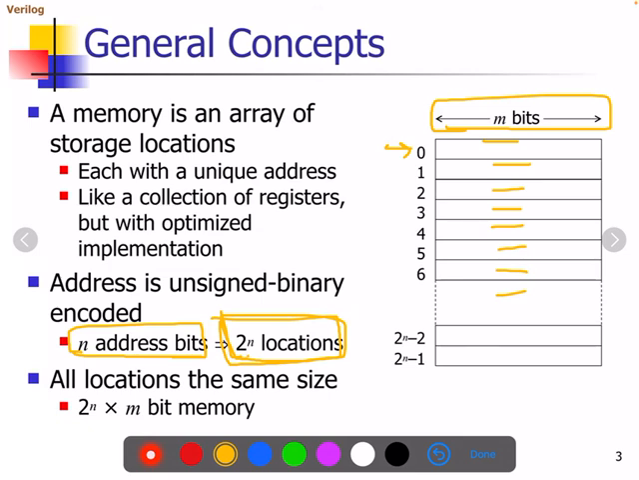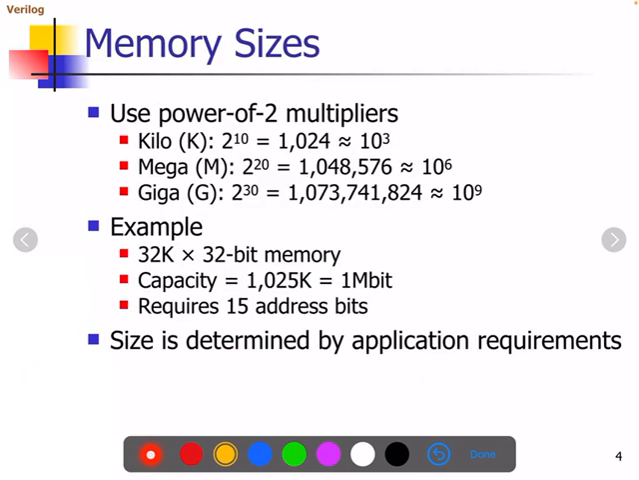So all locations should be of the same size. As you can see, it should be of m bits. So 2 to the power of n is the number of locations, and m is the size of each location. So it is a 2 to the power of n by m bit memory. Memory sizes will be defined in terms of kilo, mega as well as giga. If we look at the example over here, a 32k by 32 bit memory means